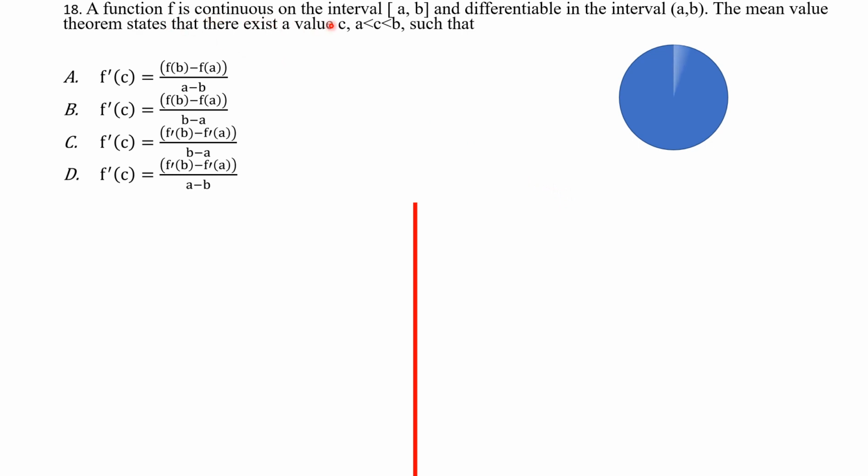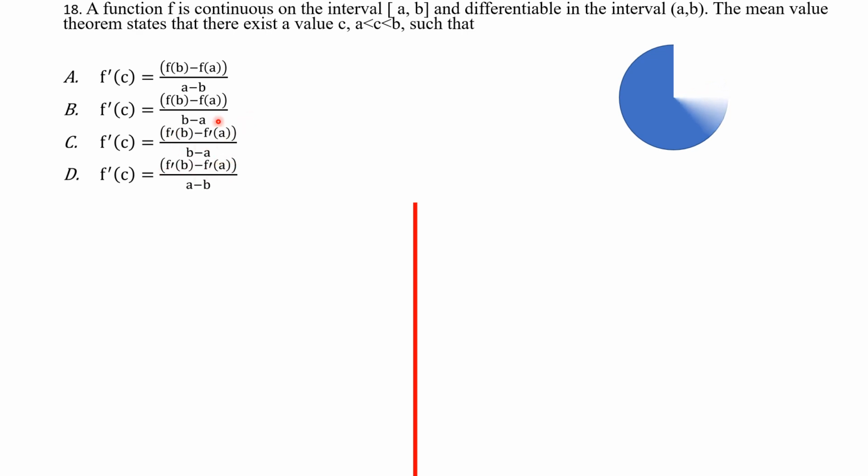The function f is continuous on the closed interval and differentiable in the open interval. The mean value theorem states that there exists a value c, where c lies between a and b, such that... Alright, so the first thing candidates are supposed to see here is that f prime of b and